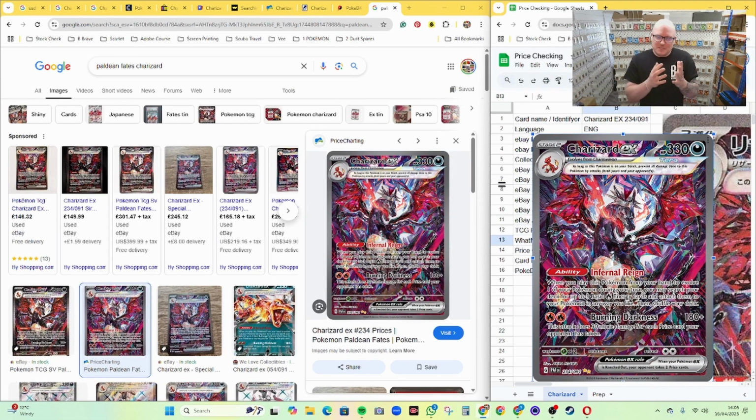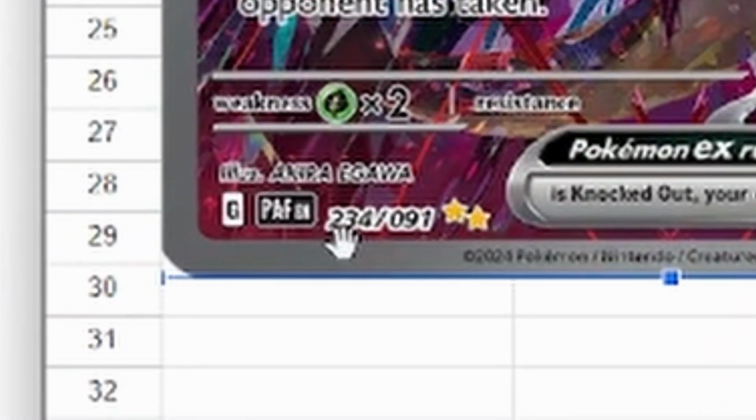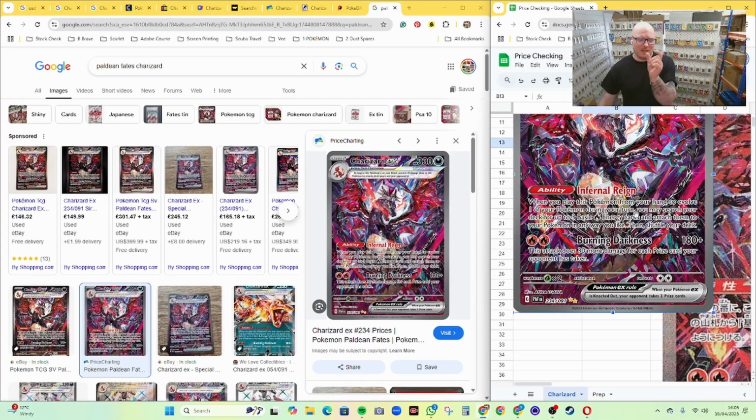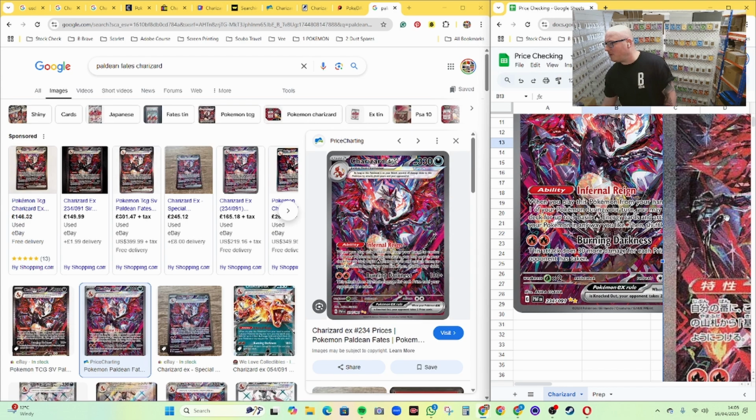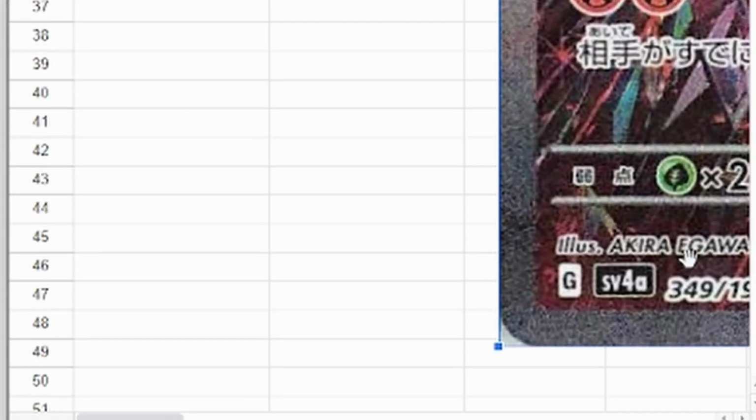It might be pretty obvious to some, maybe not to others, but in this bottom right hand corner here, you have the identifier. So the 234/091 that is down here on the bottom left of every card. Some of the older cards have it in the far right hand side, but it's always at the bottom of the card. If you're looking at this card, but you have it in Japanese set, I've got one here that I prepared earlier. As you can see, the English is 234/091, whereas the Japanese is actually